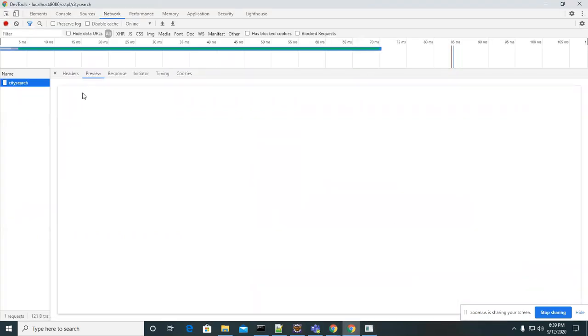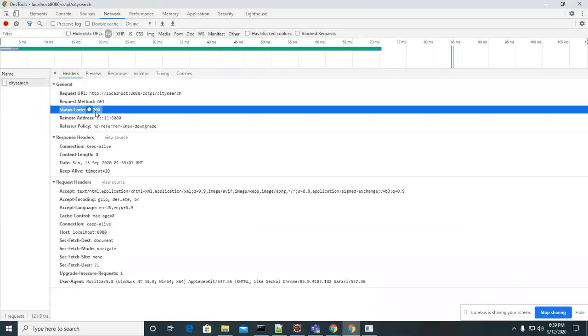This time, am I getting any method not allowed error or something? No, sir, I'm getting empty. Look at this. Now this time I got 200 status.